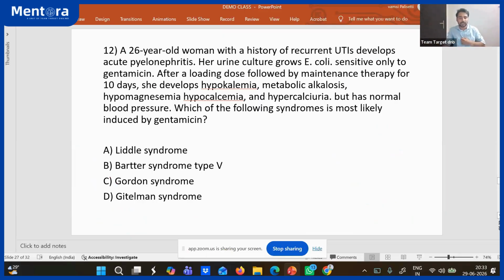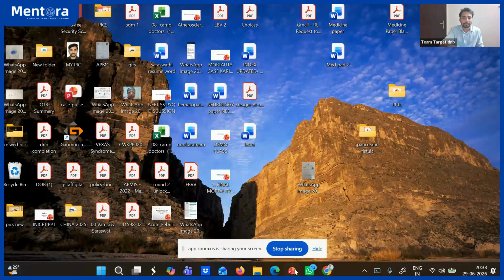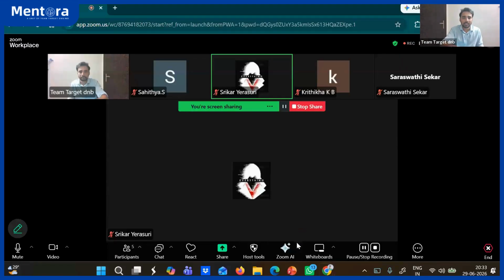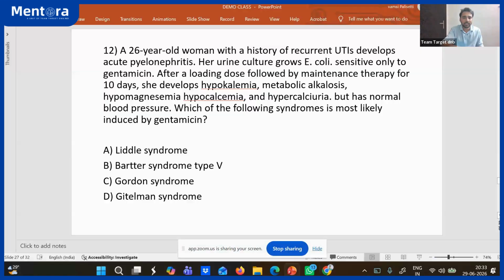Very, very important things. A big question is given. Okay, any doubts in this question? This is a question taken from the nephrology last year paper. I think 1 or 2 questions are there. It's a question taken from your NEET SS nephrology paper last year. Don't think of it as a very big question. Just read along with me. It's easy for you to handle this question.